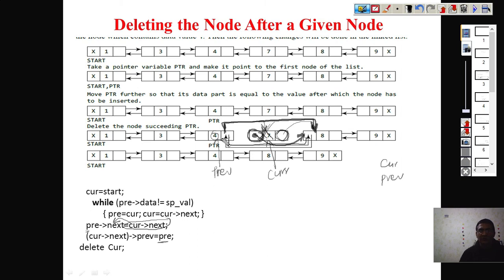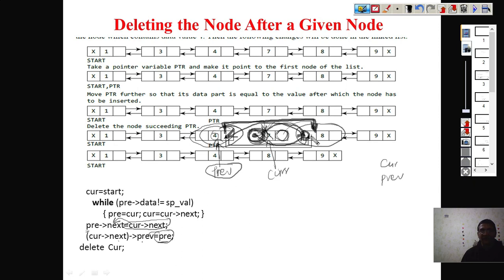We are able to connect this node to this, but since we are working with the doubly linked list, we also need to connect this node back to this node. The address of this node is kept here. Either you can bring this address and write it here, or, if you know the address of this node, you can write this address here directly. The address of this node is maintained by the pointer previous. So previous is pointing to this node. Current next is this node, and current next previous is this field. So in the current next previous field, you will write the address of previous.